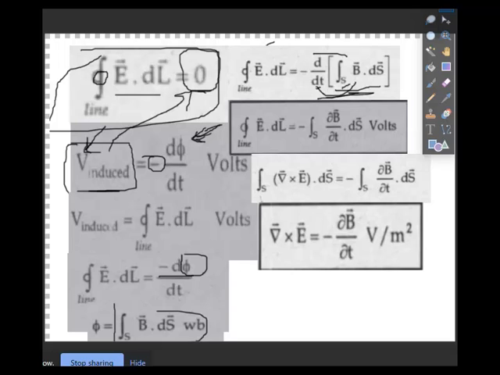So this delta cross E is nothing but the differential form of Maxwell's second equation. Initially the Maxwell second equation was delta cross E equals 0, but now it is delta cross E equals minus del by del T of B. Initially delta cross E equal to 0, but for time varying fields it is minus del by del T of B. These two equations, Maxwell first and second, are not valid for time varying fields, so we have modified them. The remaining two equations are Maxwell third and Maxwell fourth. Both are valid for time constant as well as time varying fields. We'll discuss that also.